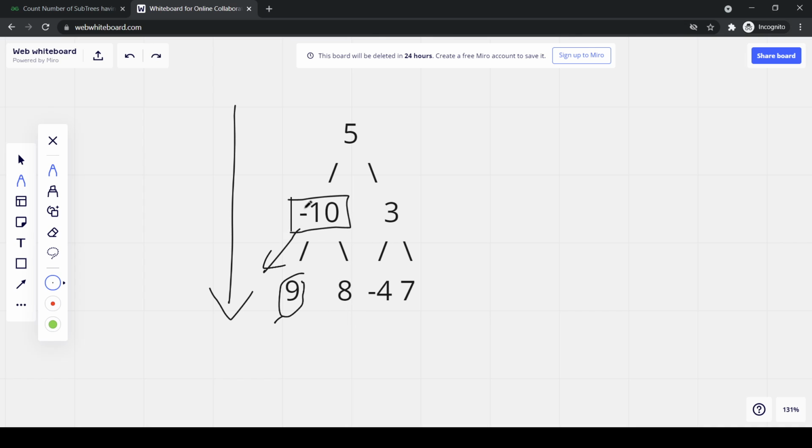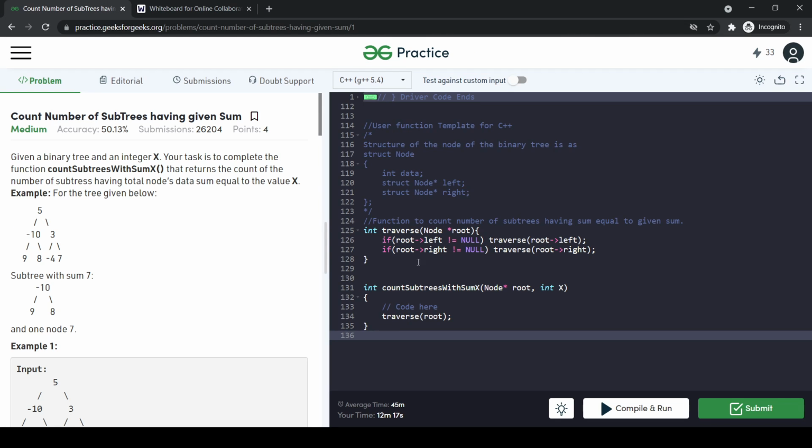Let me explain. After traversing all the subtrees below this node, we will add the sums of the subtrees below this node. Let's take an example.